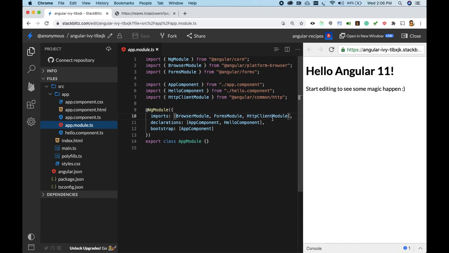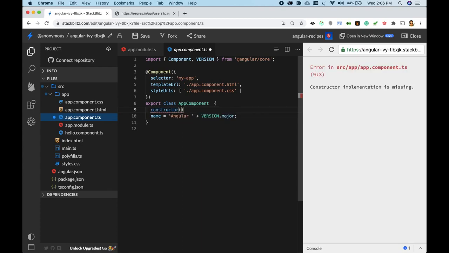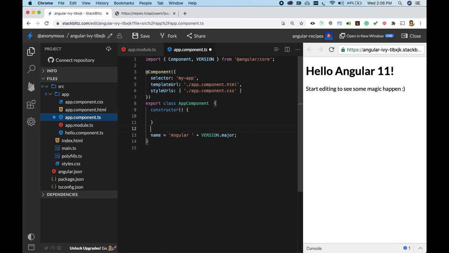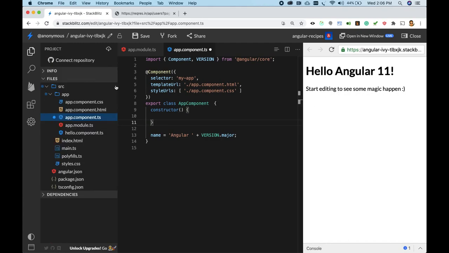So we have HTTP client module, and if we want to use it in app component, we can do it like this. I'll quickly change the settings to reload on save. So when I save any file, only then the page will reload. That will give a slightly better experience.